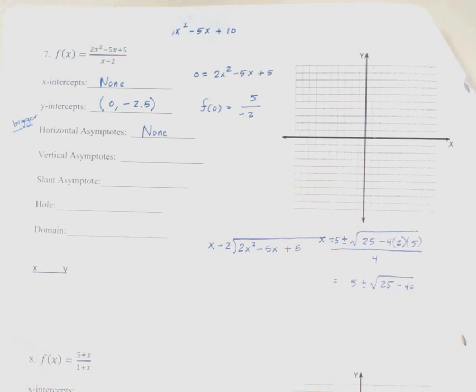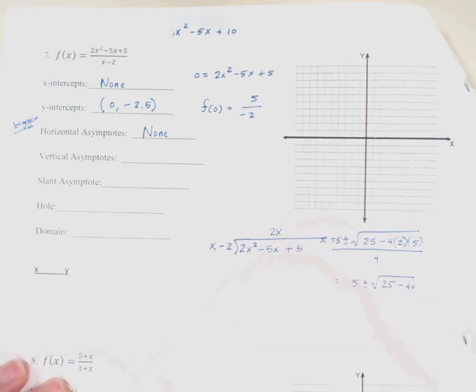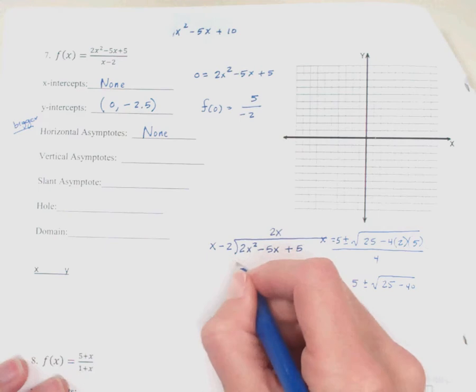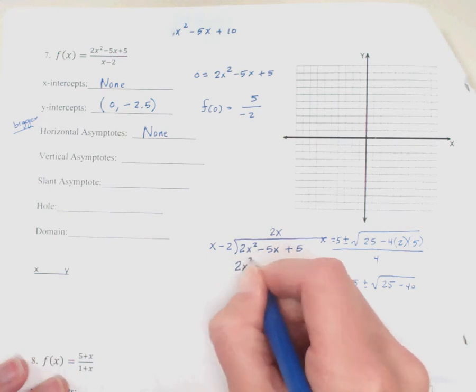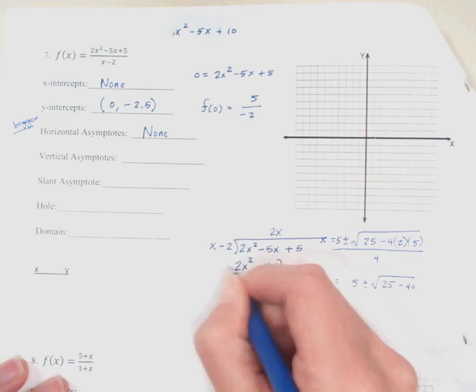I'm looking for the value to multiply by x to get 2x squared. I know that x times 2x is 2x squared. So I'm going to multiply both terms and get 2x squared minus 4x, and subtract that